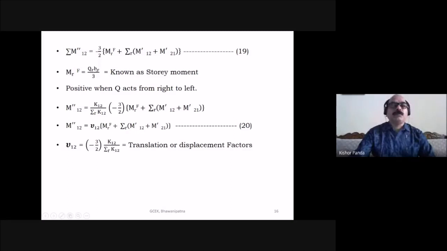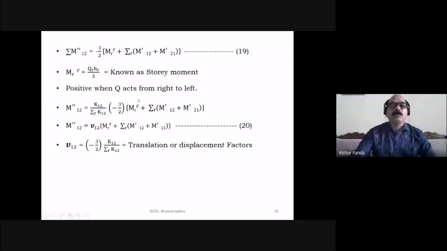So MRF is equal to QR HR by 3. So this is your story moment. You have to add this moment, because in the previous case there was no horizontal loading, only the vertical load was acting. In that case, the translational moment is equal to minus 3 by 2 K1 by summation of K12, and this one, the rotational moment of the top end of the column and the rotational moment of the bottom end of the column. But here, you have to take the story moment